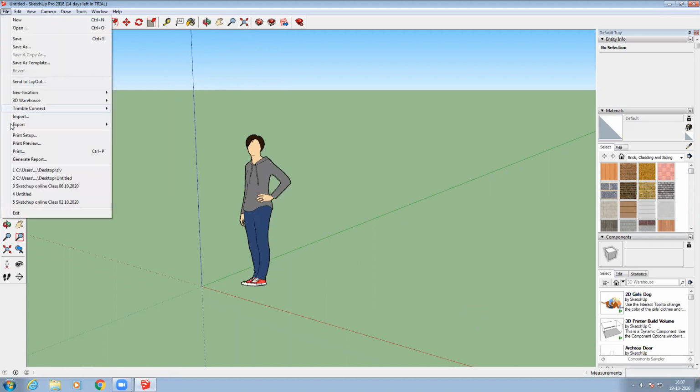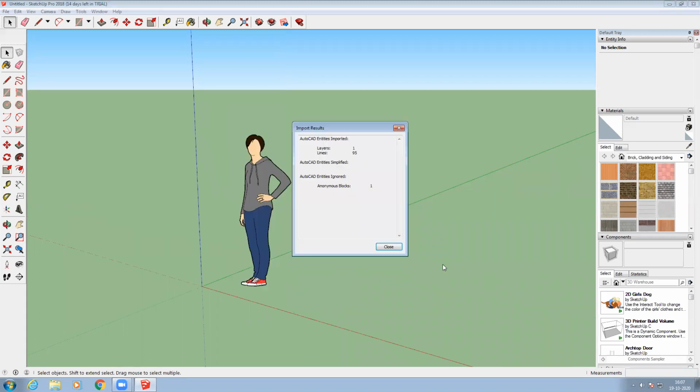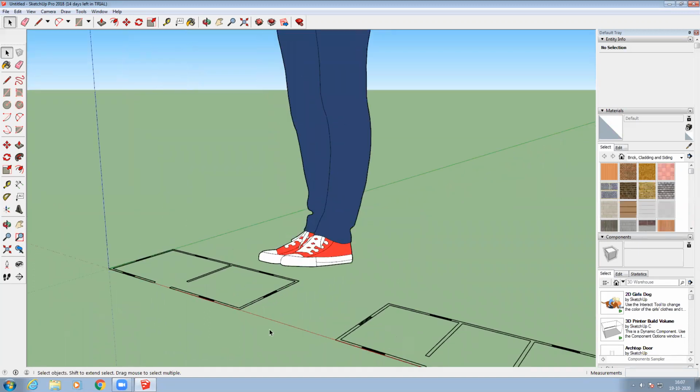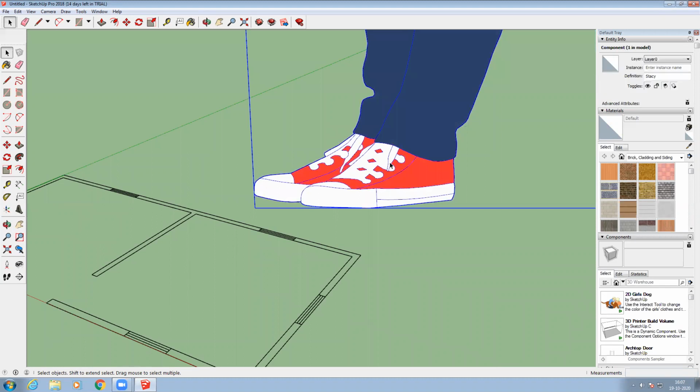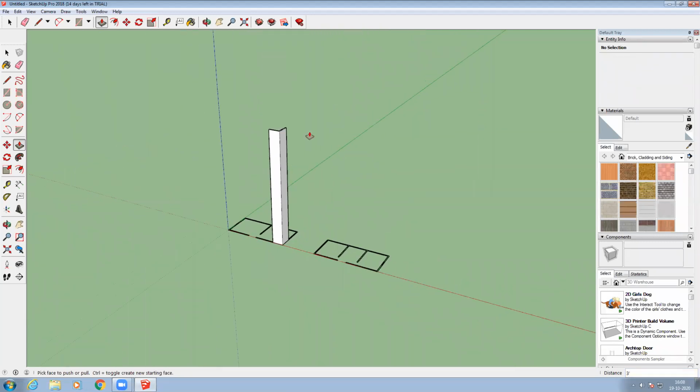For example, here is one plan I used in the previous class, right? You can see how small this plan is when compared to this girl. It is very small, right? So whatever wall height I give, for example, I'll draw this wall here. Okay, this is the wall I'm going to provide. If I provide 3 feet also, see how big it looks, right?